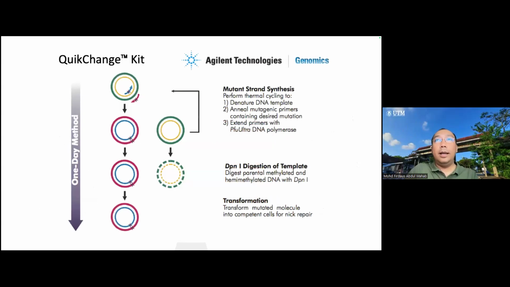So one example of a commercial kit that we can use is called the QuikChange kit. This is what I used before. Now it is owned by Agilent Technologies, a large chemical and instrument company. So how does this QuikChange kit work? It is based on PCR. First, what we do is have 2 primers, forward and reverse, which contain